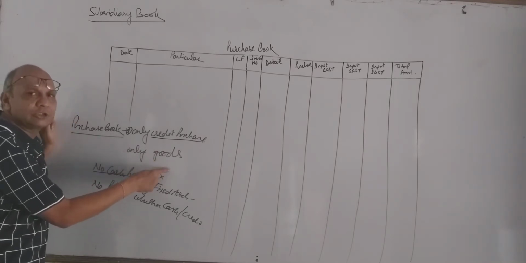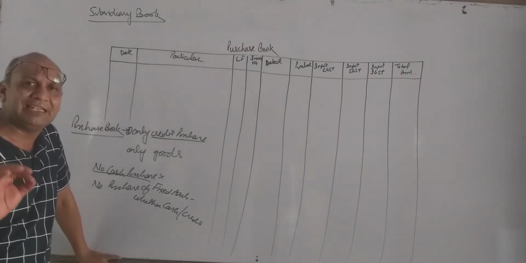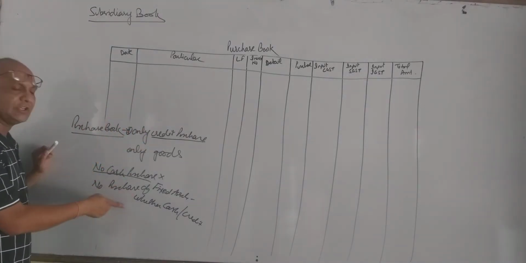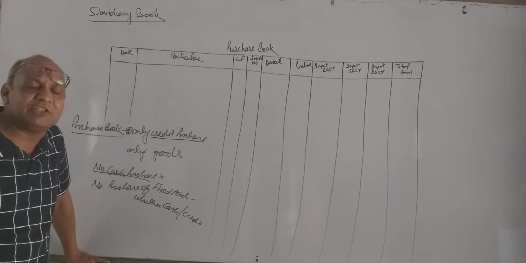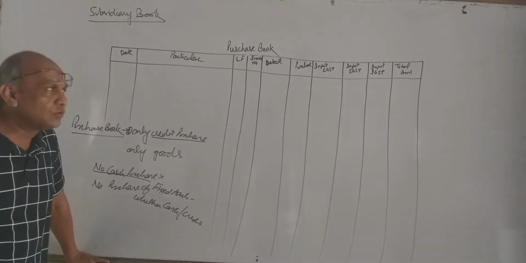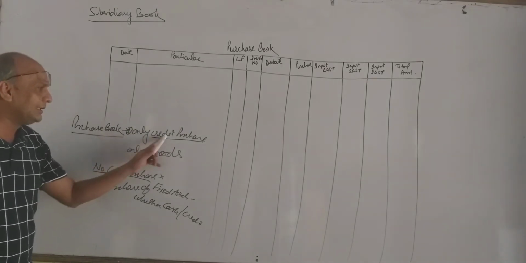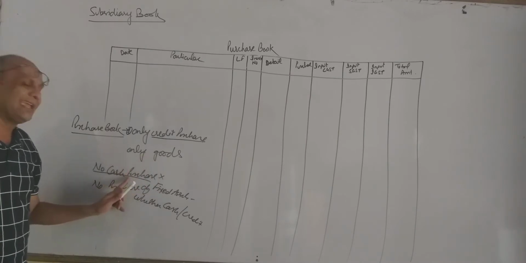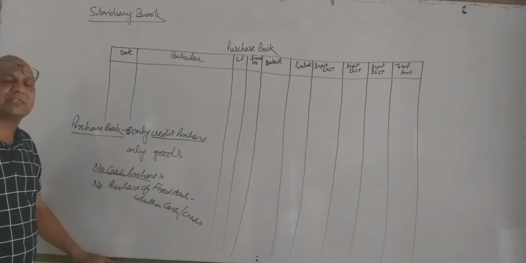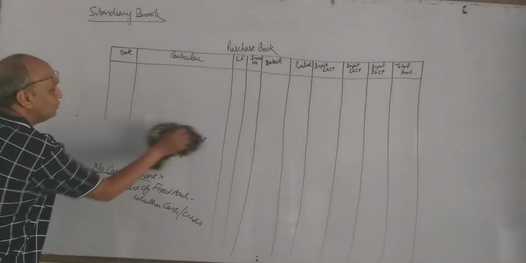Credit purchase of goods. If we are purchasing any fixed assets, furniture, plant, machine, building, land, etc., they won't be recorded into purchase book, because they are fixed assets, and we pass a journal entry with the name of that fixed asset account debit to party name or to cash. So while preparing purchase book, we record only entries for credit purchase of goods. No cash purchase or purchase of fixed assets, whether cash or credit. All cash transactions will be recorded into cash book. So this is the main feature of purchase book we have to take care.